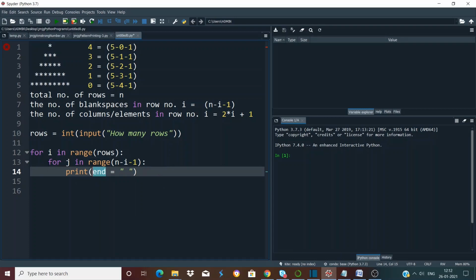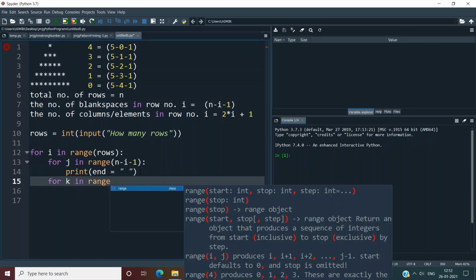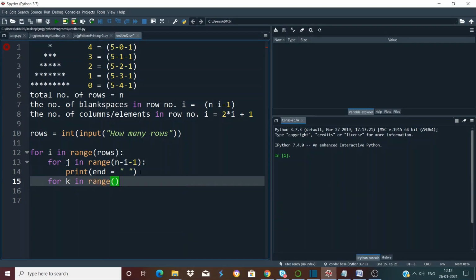So we are done with writing the inner loop for blank spaces. Now we will write the inner loop for printing the stars: for k in range. What is the number of stars in the ith row? The number of stars is 2 into i plus 1. So that's what we will mention here.